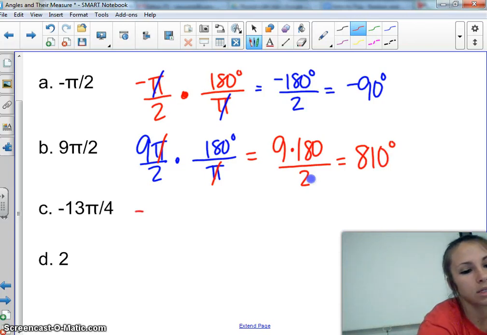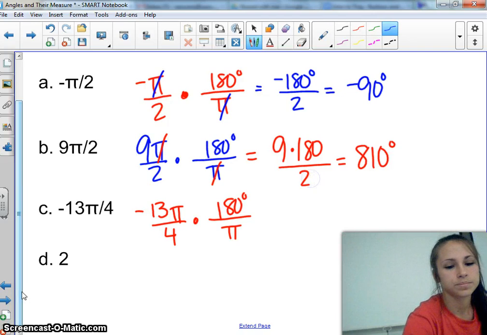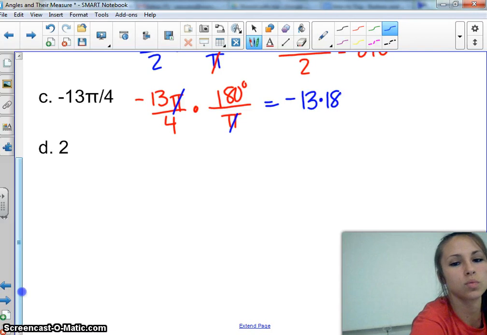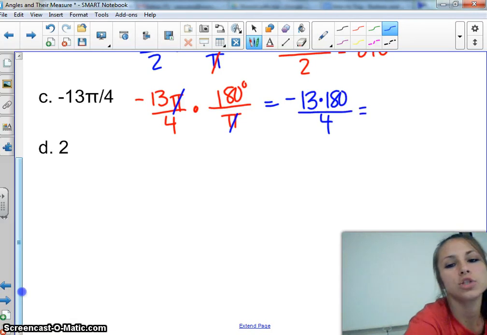Alright, next one. So I'm going to take negative 13 pi over 4, multiply by the same thing, 180 degrees over pi. My pi's are going to cancel out, and so this is going to mean I need to do negative 13 times 180 divided by 4. And so if I do that, I should get negative